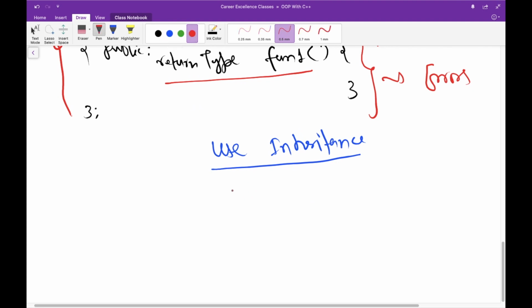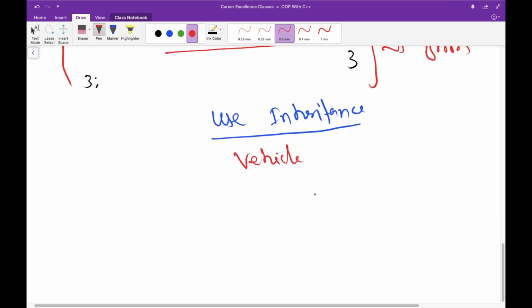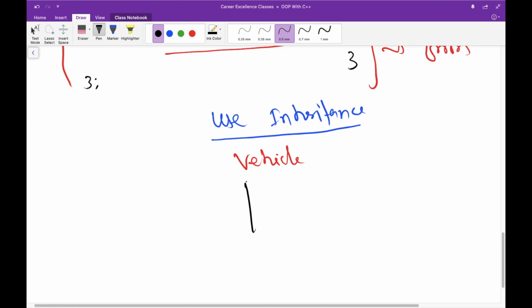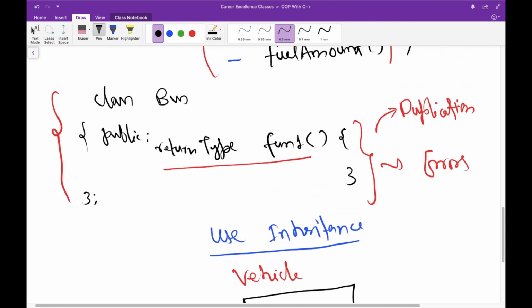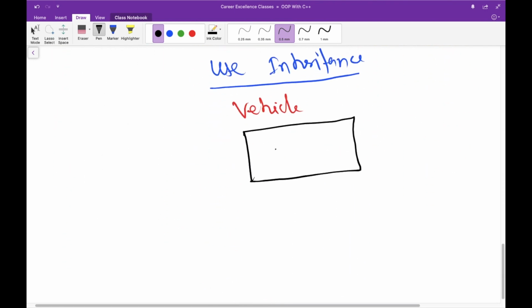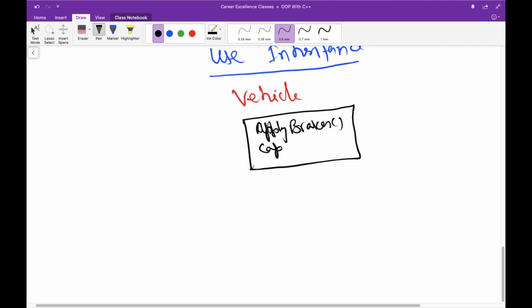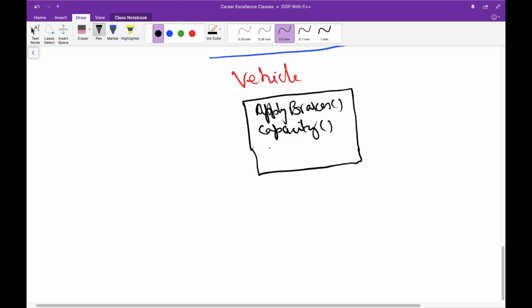So what you have to do, you have to just implement one class vehicle first, and then inside that just create those functions which are common in all those three. So I will just see which functions we are using here. Apply brakes first function, then capacity another function, and there is also a third function, fuel amount, right? So all these functions are implemented inside the vehicle.